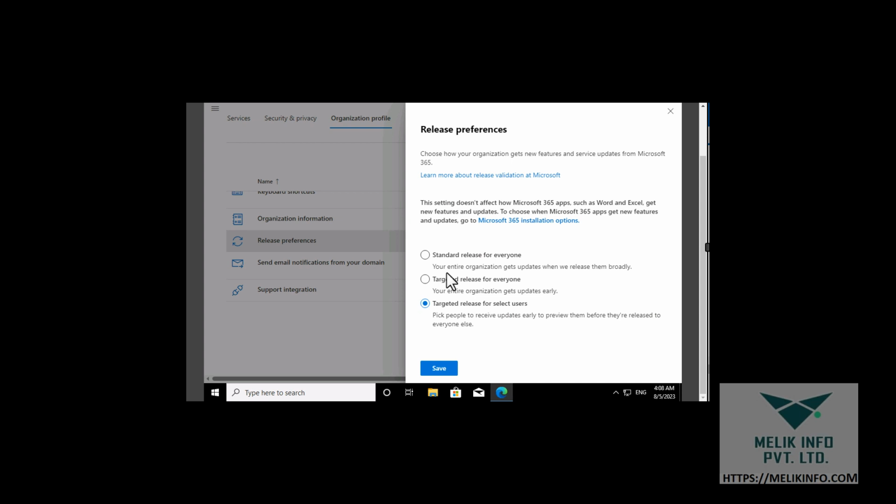But if you go with the targeted release for everyone, your organization will get the updates early. And if you go with targeted release for selected users,